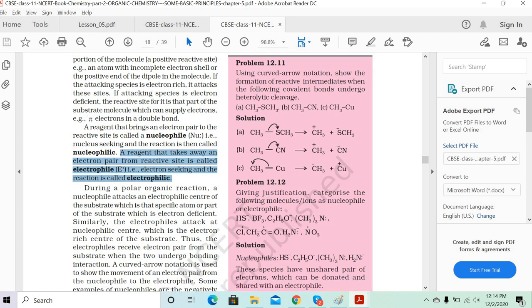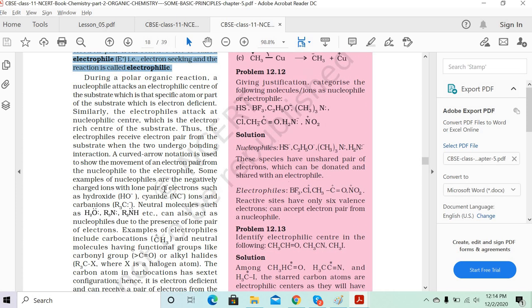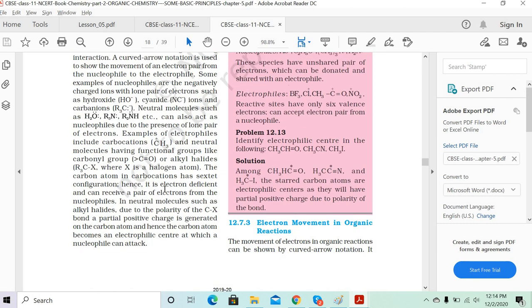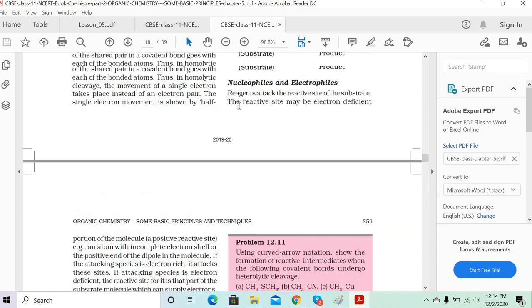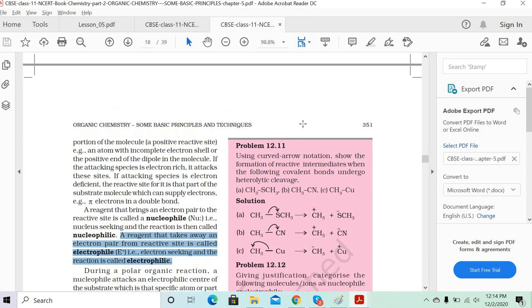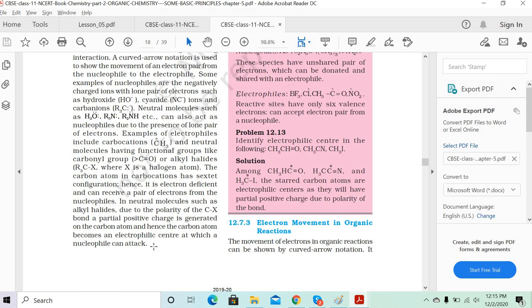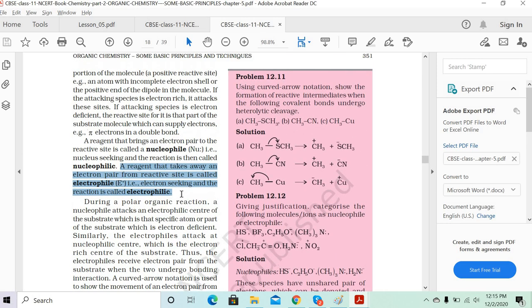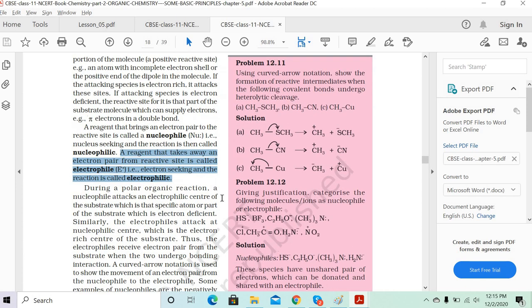Is it clear? Understood this part? Yes, understood. Excellent, super. This is the main thing we need to understand in this part. Just go through this part on nucleophiles and electrophiles. Read out the paragraph so that we don't miss even a single part of it. In case any line is not clear, let me know and I'll clarify it. A couple of examples are there, then we'll do the problem based on this part.